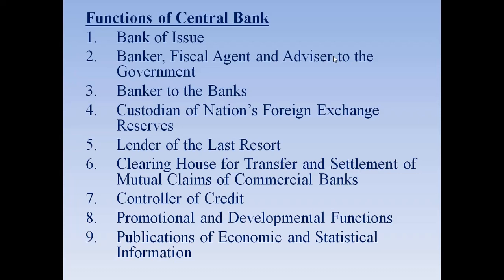So the check of Axis Bank should get cleared. It should get the green signal that the money should be credited into my account and debited from your account. To clear this transaction, the central bank has got the authority. That is why it is known as the clearing house function, in a very simple language.